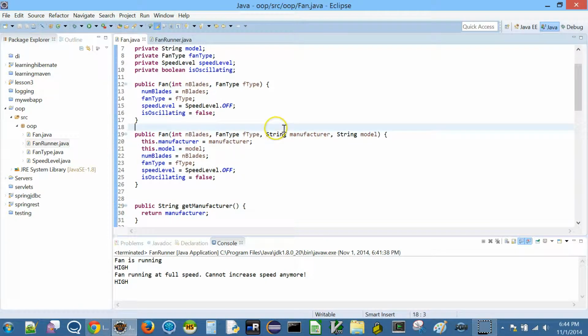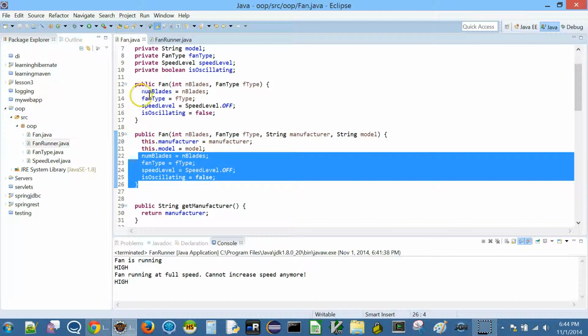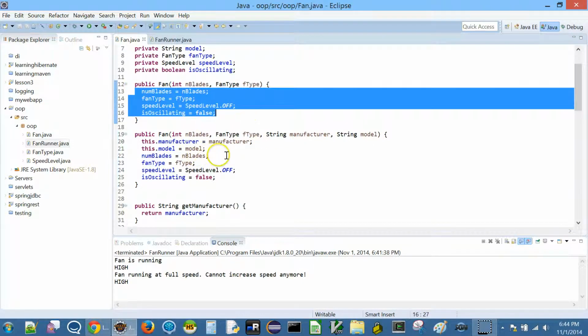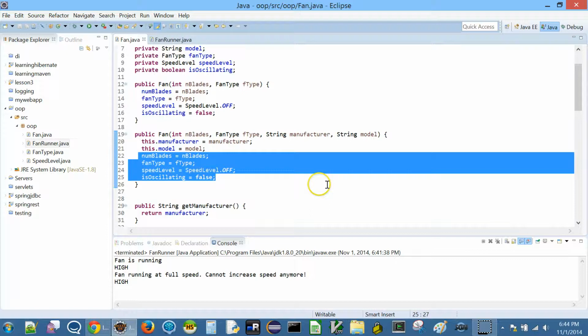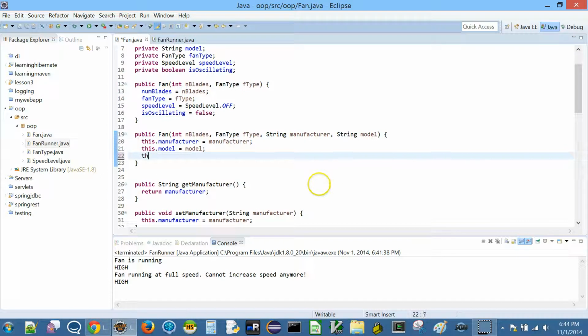Now there is one little problem here, and this is a common problem that we may face a lot of times in coding, especially when we copy paste. Whenever we copy paste, we are duplicating code, right? Initially my intent was only to get the constructor, so I don't want to type, but now I'm leaving duplicate code. There is code here and the same code is here. So is there any way I can reuse this constructor here? This is not a method, this is a constructor. Yes, there is, and all we need to do is call it with just simply this.